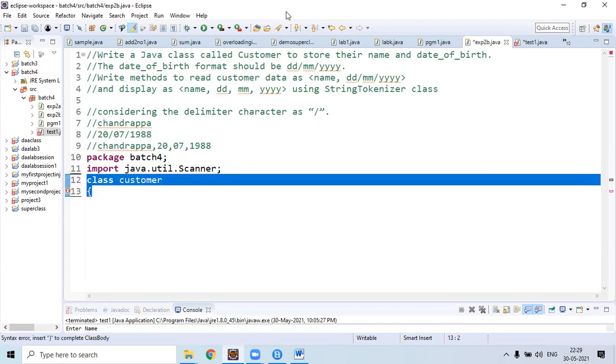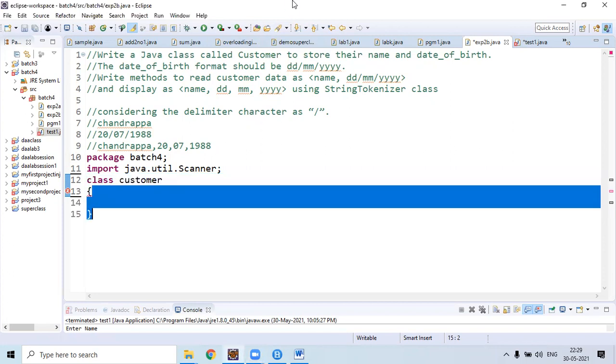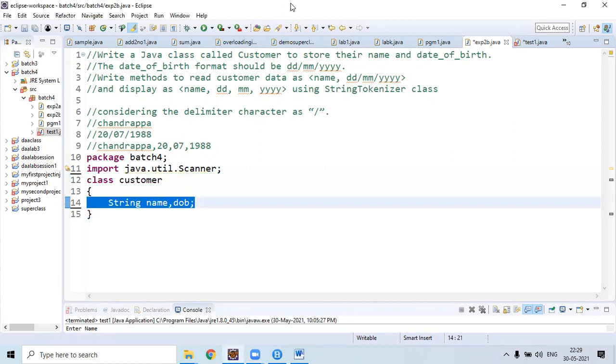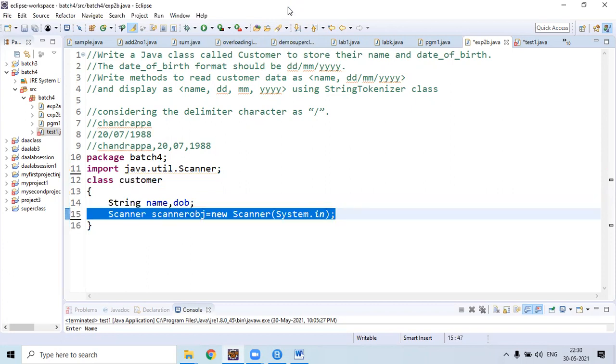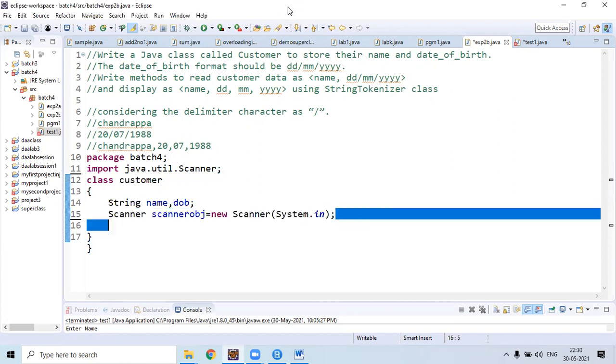Then after that, create a class customer using keyword class. Then inside class we need to initialize two members. The first member is name, the second member is DOB, date of birth. Then initialize scanner object for reading purpose.